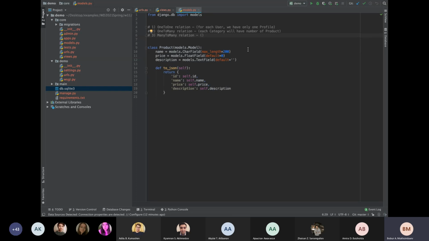So the first model will have the number of elements of the second one, and in the same case, the second one can have the number of elements of the first one. So we have different examples. One of them is products